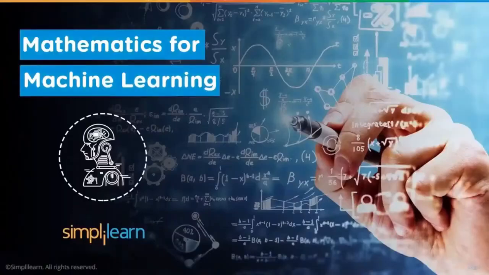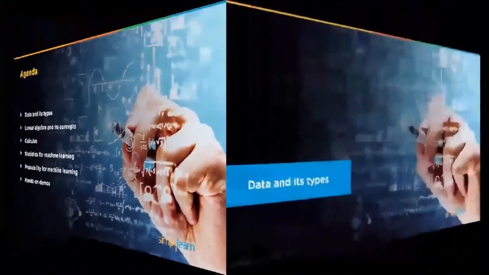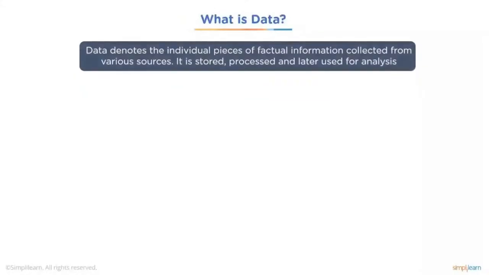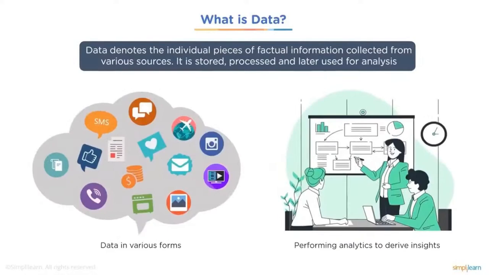We're going to cover mathematics for machine learning. Data and its types. Data denotes the individual pieces of factual information collected from various sources. It is stored, processed, and later used for analysis. And so we see here just a huge grouping of information, a lot of text, money, dollar signs, numbers, and then you have your performing analytics to drive insights. And hopefully you have your shareholders gathered at the meeting and you're able to explain it in something